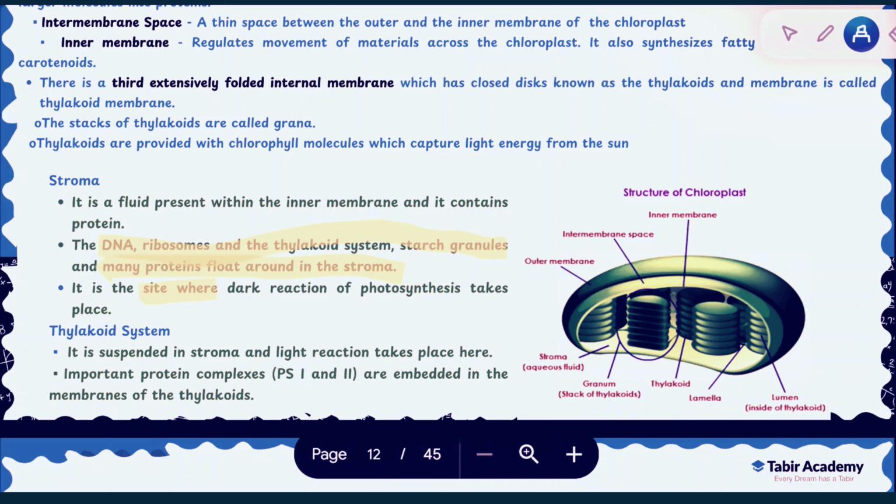It is the site where the dark reaction of photosynthesis takes place. Then you have the thylakoid system, which is suspended in the stroma, and the light reaction takes place over here. And you have protein complexes called the photosystem 1 and photosystem 2, which are embedded in the membrane